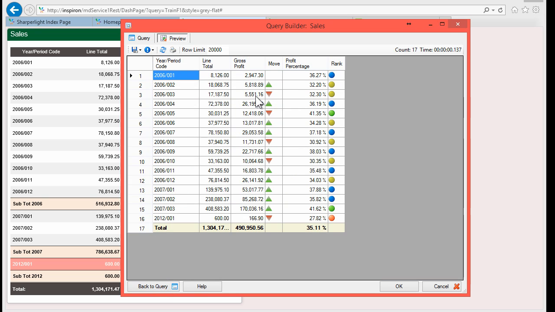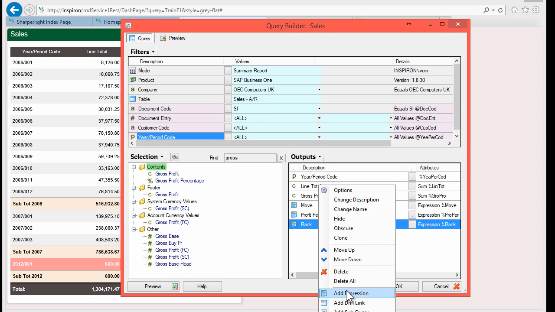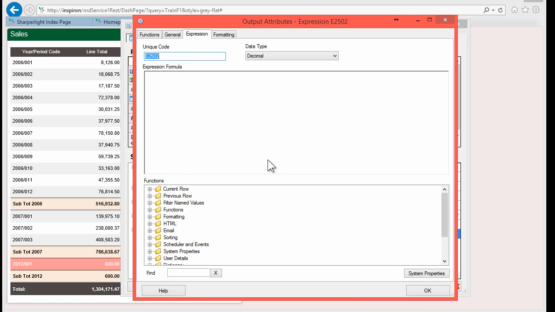And we'll preview the data, and there's our icons. So the percentages that are over 40% are green, and here we have 27% with a red icon. Now in the demo we had anything that was below 30% with a row color of red, so that'll be the next stage. Let's go back to the outputs and we'll add another expression, and this expression will be a